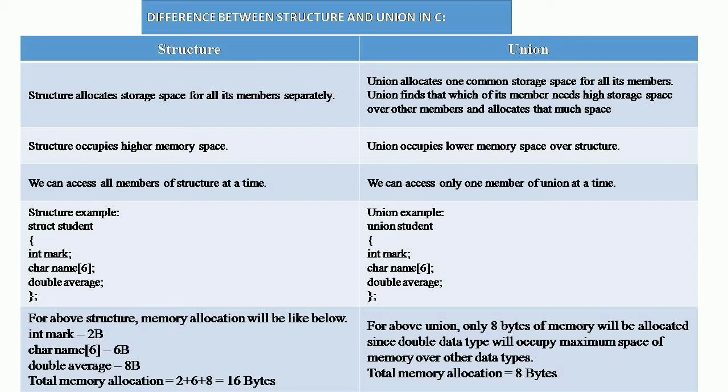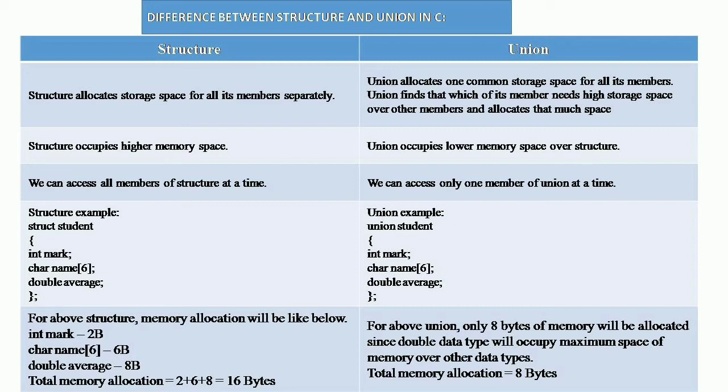Struct student { int marks; char name[6]; double average; }. Then go to the union example. Union student { int marks; char name[6]; double average; };